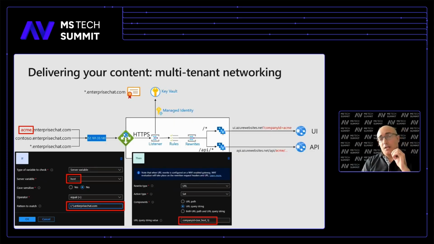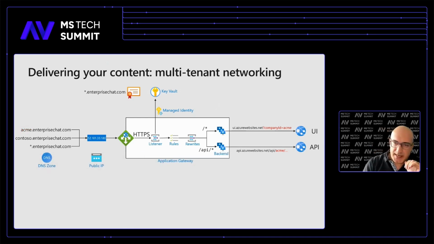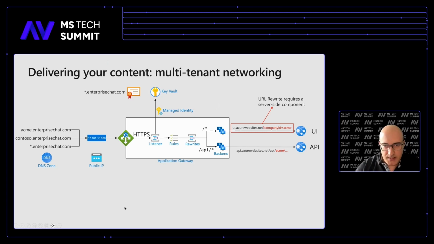Okay. There's one last thing before we look at this working, which is related to the fact that the URL rewrites are not redirects. So we're not redirecting the user from this URL to this URL here. It's something that happens on the server. This means that in order for our UI application to be able to see that URL, we will need a server-side component, server-side logic for it, because otherwise Blazor, or your React, which runs on the browser, will always see